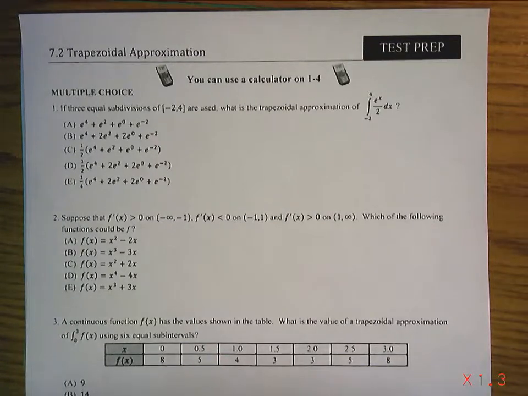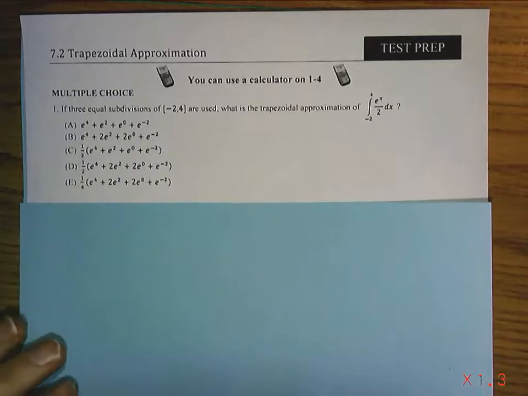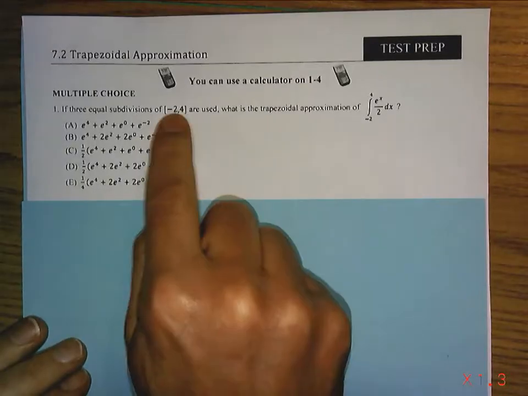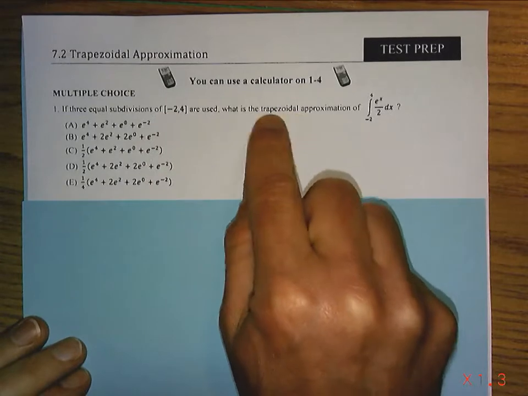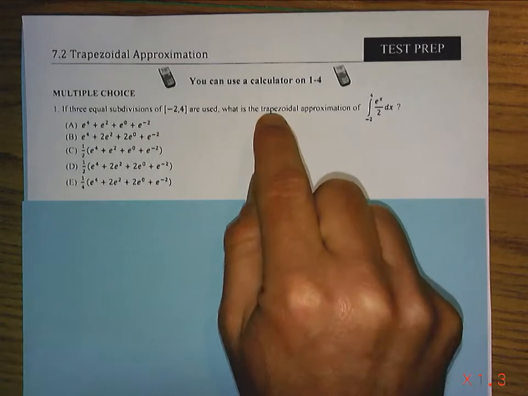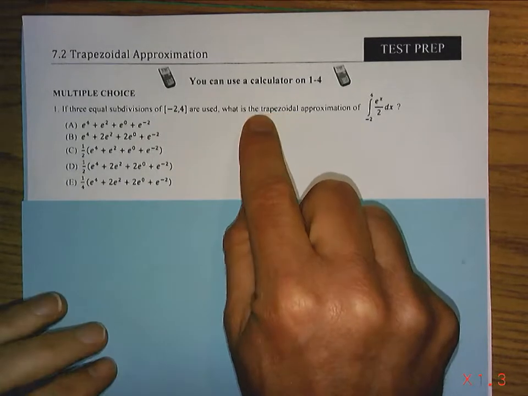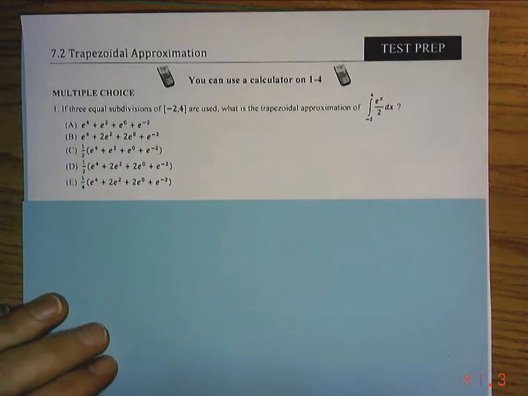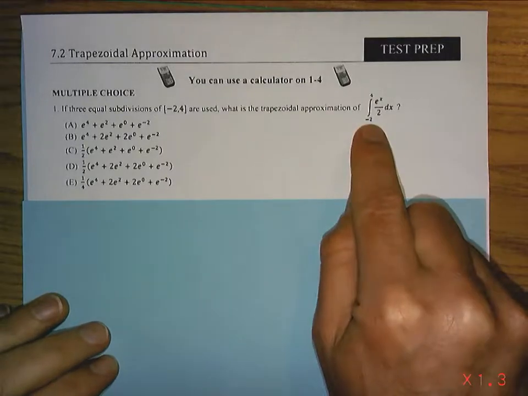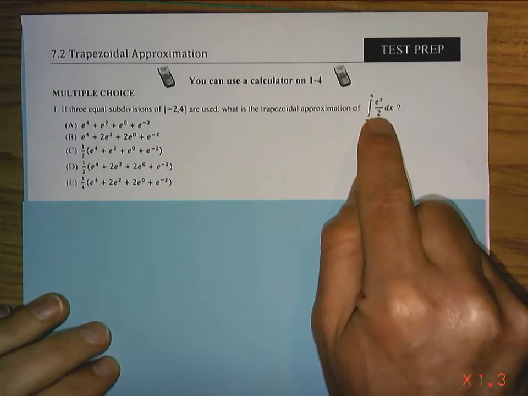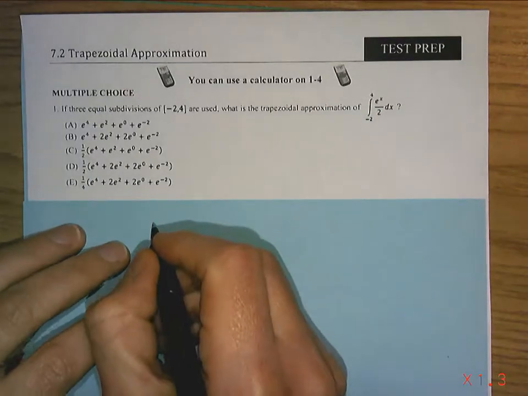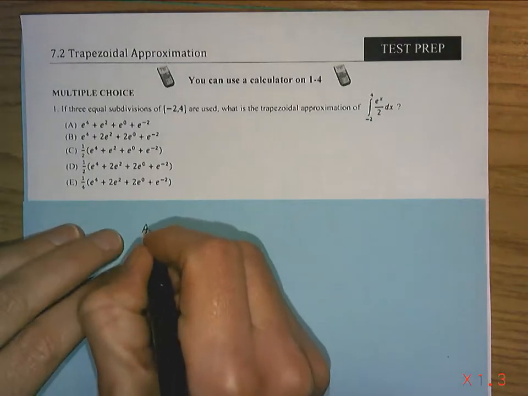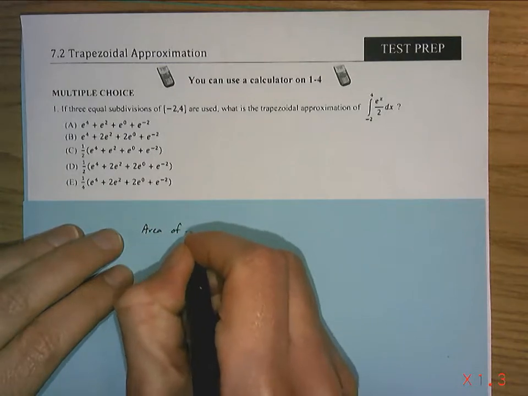If three equal subdivisions between -2 and 4 are used, what is the trapezoidal? Now that's important because you have rectangular approximations, but this is asking for the trapezoidal approximation from -2 to 4 of the function e to the x over 2. So, if we think about that, the first thing I need to know is the area of a trapezoid